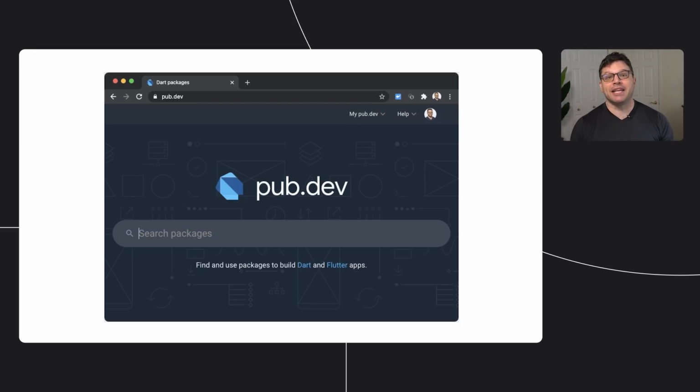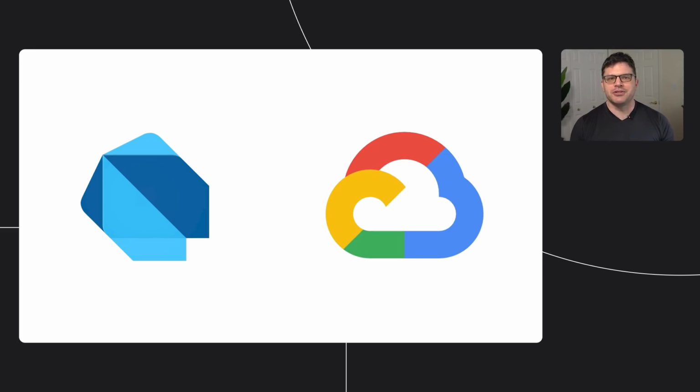Pub.dev is the community package site for Dart and Flutter. It contains tens of thousands of packages and hundreds of thousands of package versions. Pub.dev handles millions of requests per day while coordinating quality analysis and documentation generation for every uploaded package. Thousands of concurrent users, millions of daily requests, mission-critical infrastructure for the Flutter ecosystem, all built with Dart on Google